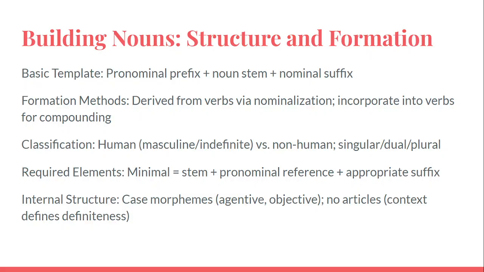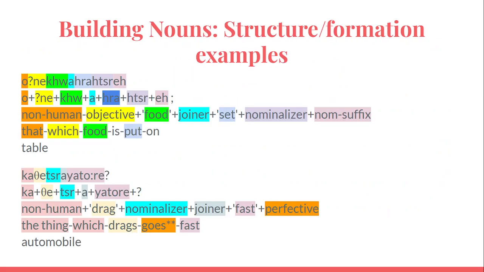So the noun is created from three things. You have the front of it, which is pronominal. So you have stuff like non-humans. You put your objective and stuff at the front, and then you put the stem, the main stem that delivers the main meaning. And then you put the nominalizers that go at the end. So you see nominalizer plus nominal suffix. I'm not exactly sure why fast is going after that and not going before it, but that's just how they're constructing it.